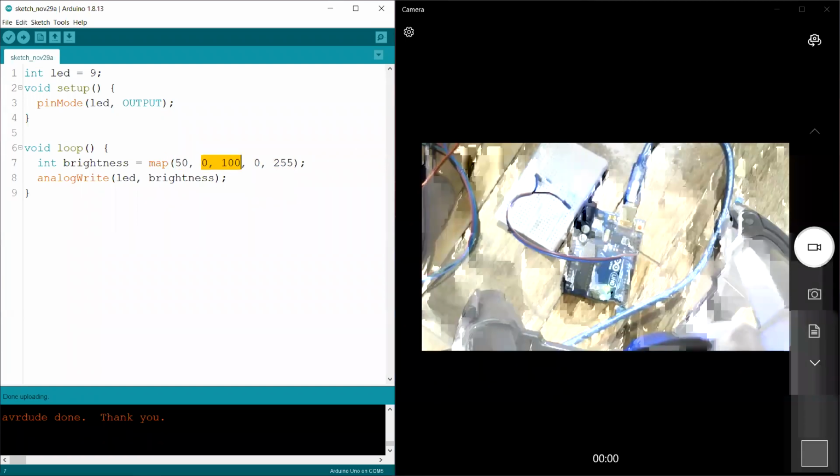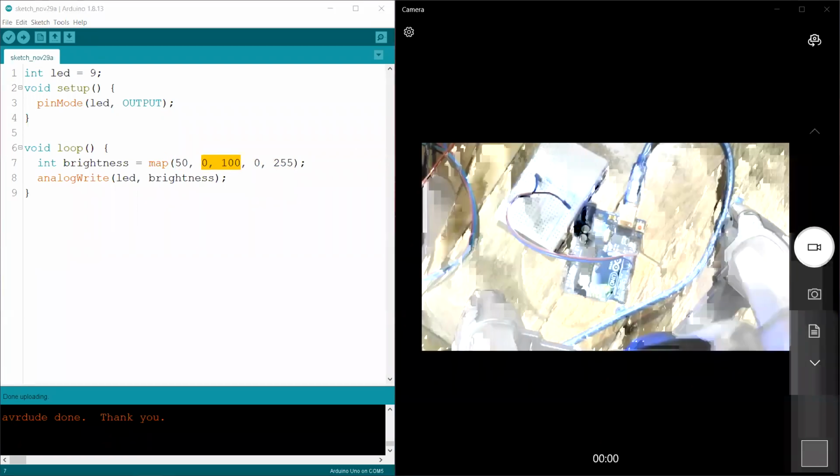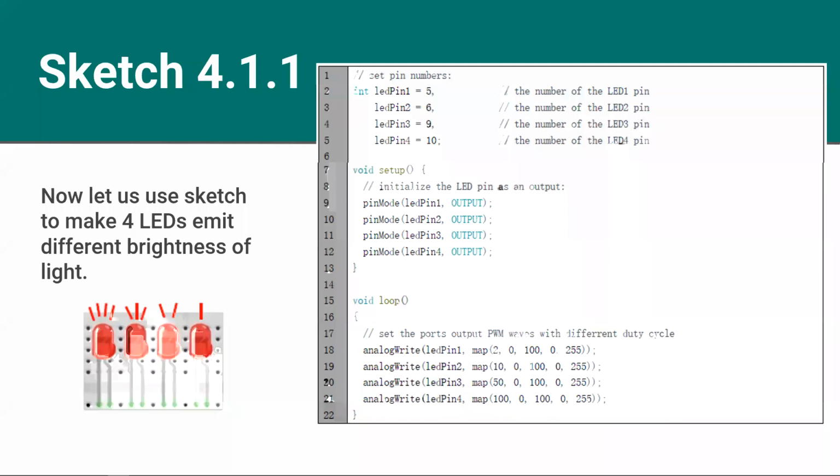So let's talk about that a little bit more theoretically. Okay, so once again, here is an LED. We had 0%, we had 100%, right?